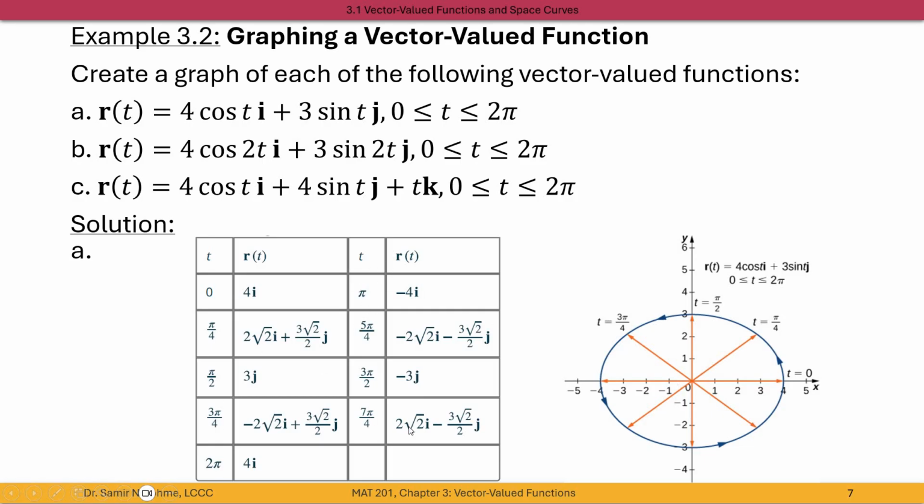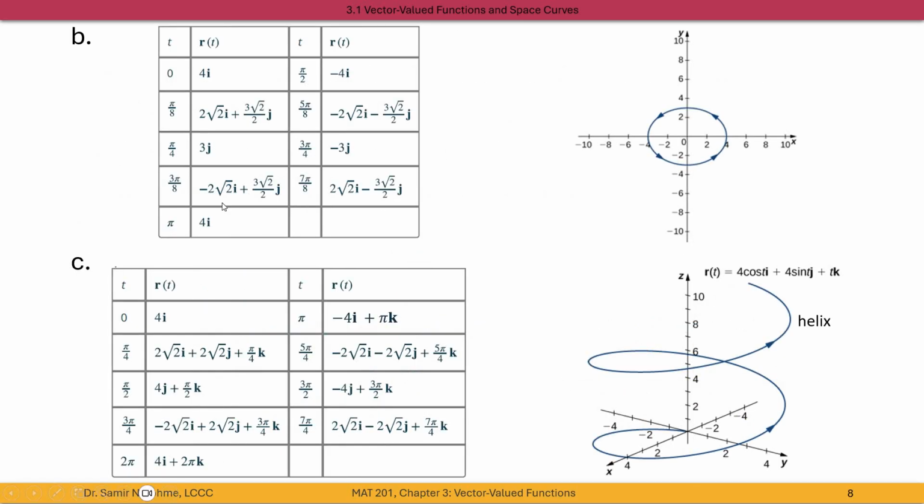You do the same for multiple values. You draw, and you're gonna get an ellipse, a curve going counterclockwise in this direction. Look at this arrow. We know that we draw these vectors whenever we have angles and rotations. We rotate the vector in a counterclockwise direction. For part B,